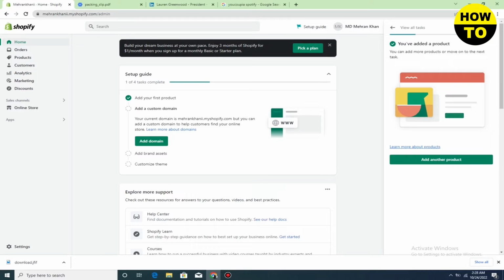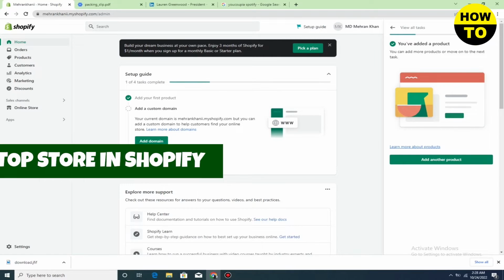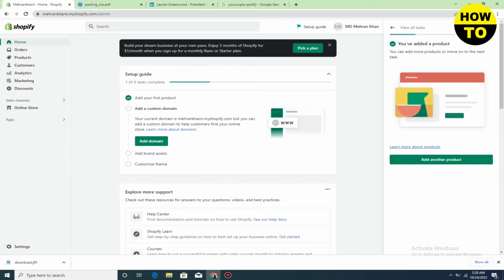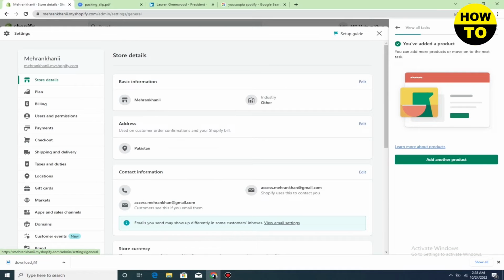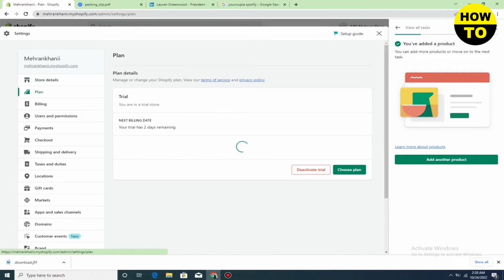So in this video I'm going to show you how to stop a store in Shopify. Simply, what you need to do is click on the settings button. Just click here. Now here you can see the store details, but what we need to do is move on